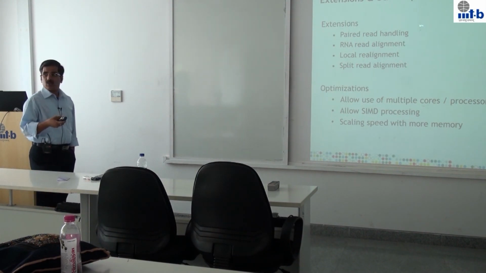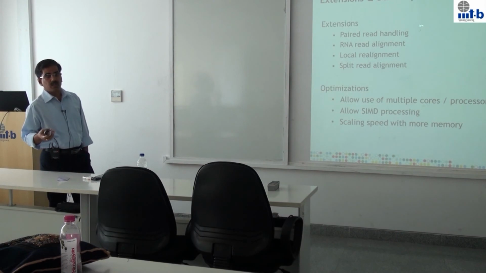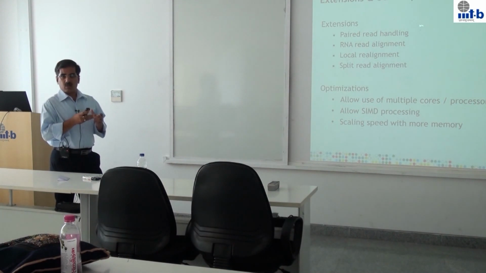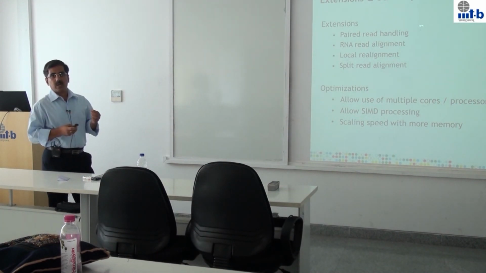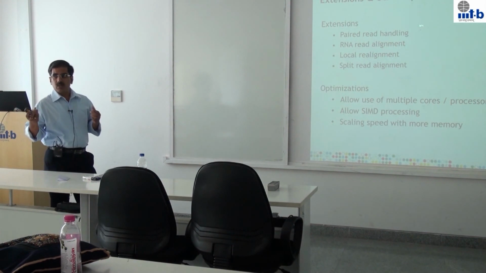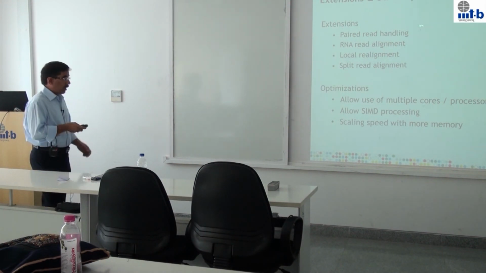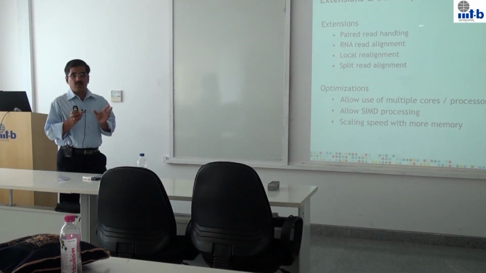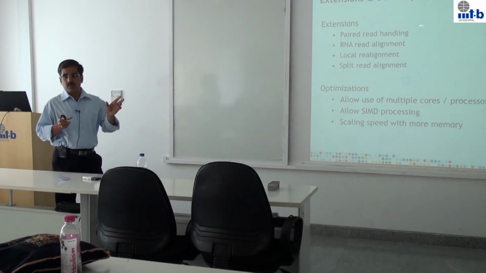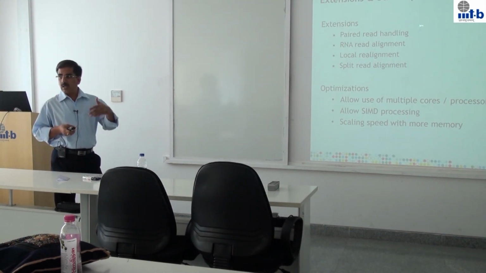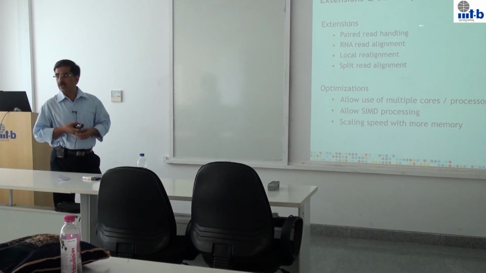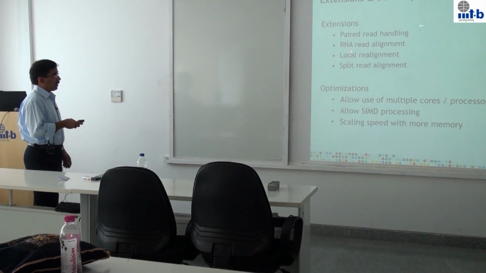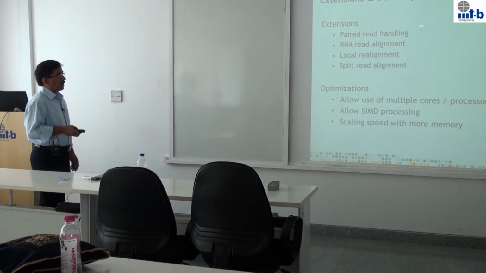The DNA itself could have undergone some large-scale structural variations, because of which part of the reference or chromosome could have been deleted at one place and inserted in a different place. So how do we detect such things? All that can be handled using split read alignment, where we take the read and look for alignments which need not be contiguous. Part of the read can be located in one chromosome, and another part can be in a completely different chromosome as well.